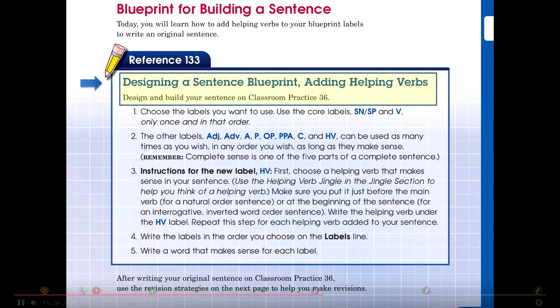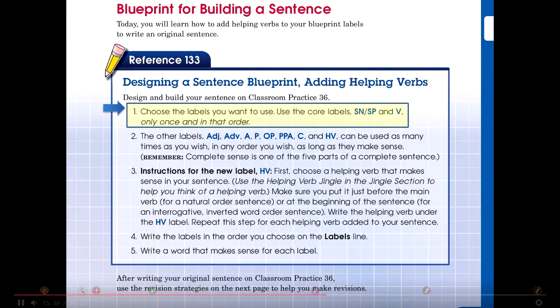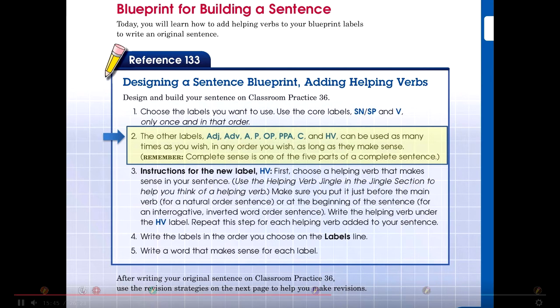I'd like to go through steps 1 through 5 in reference 133 before you begin building your original sentence on Classroom Practice 36. Step 1. Choose the labels you want to use. Use the core labels, subject noun or subject pronoun, and verb only once and in that order. Step 2. The other labels, adjective, adverb, article adjective, preposition, object of the preposition, possessive pronoun adjective, conjunction, and helping